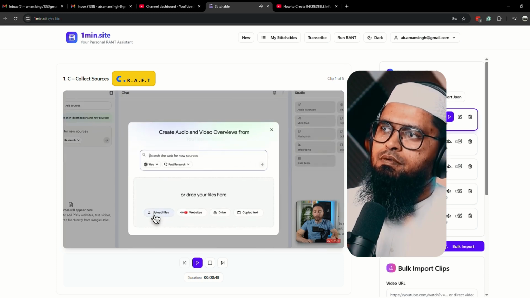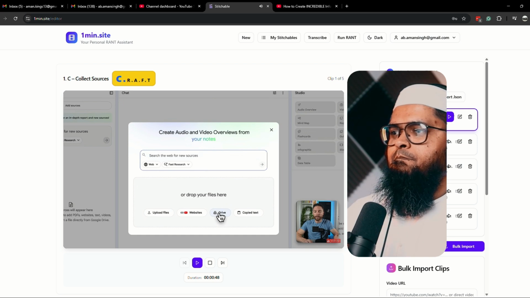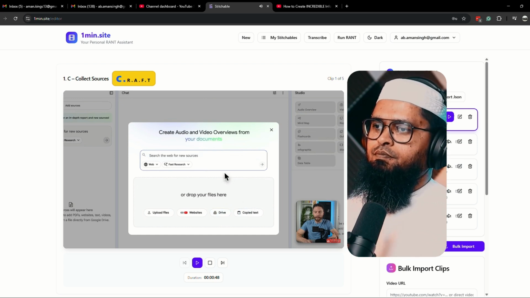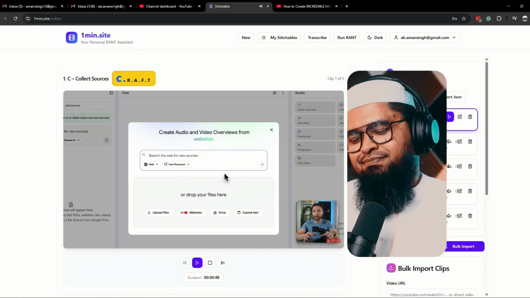Things like files, think PDFs or even images, links to websites or YouTube videos, things from your Google Drive, or even copied text. And what makes this unique is that all the information that you put into your notebook